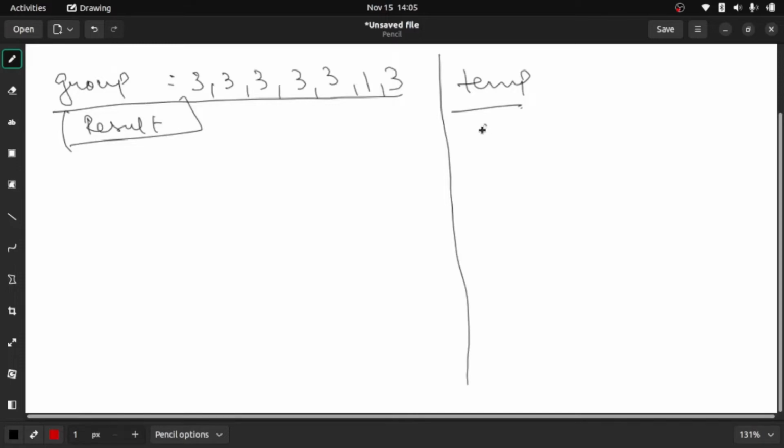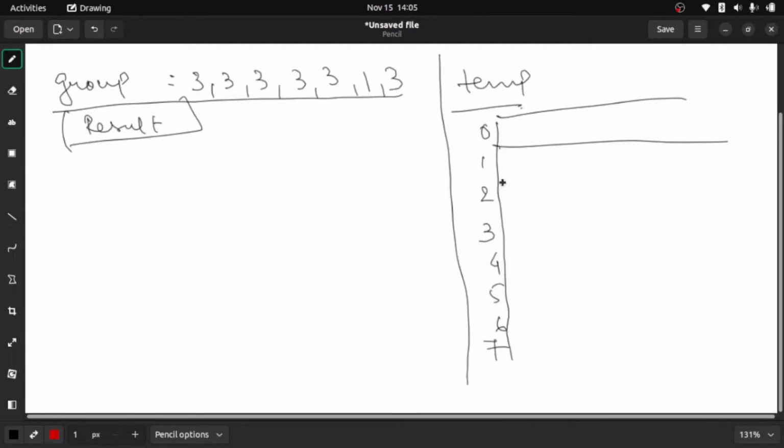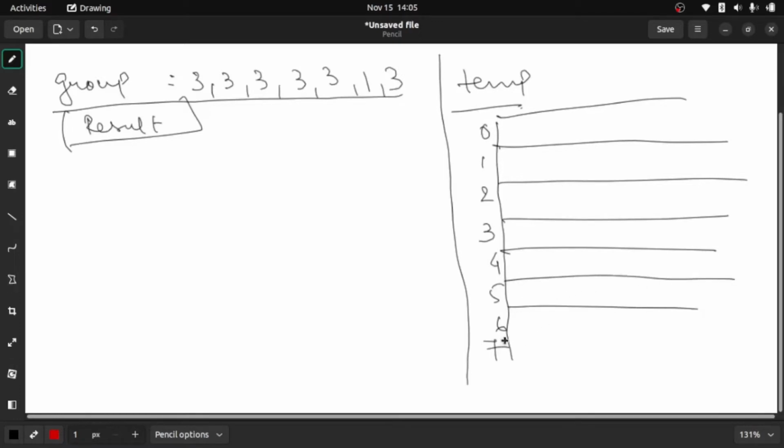So we'll take indices 0 1 2 3 4 5 6 and plus 1, that is 7, since it starts with 0 plus 1. We are only giving the size of the rows, our size of columns is going to be dynamic. So we'll go through this loop over the group, and whatever value we encounter in group, right now let's say it is 3,